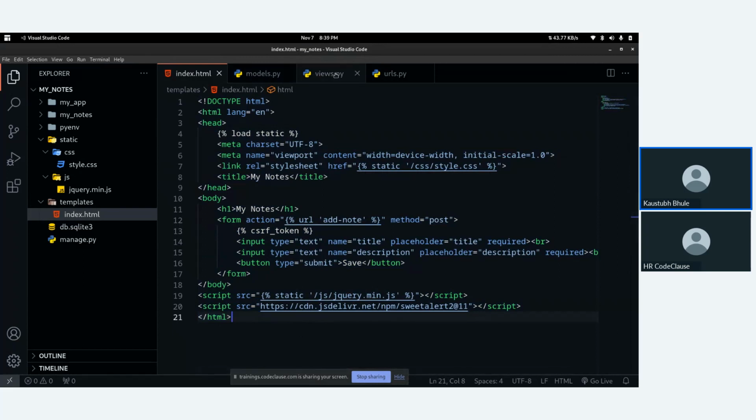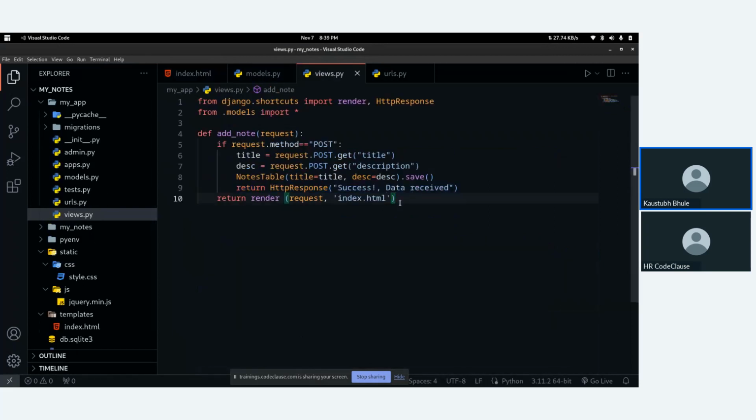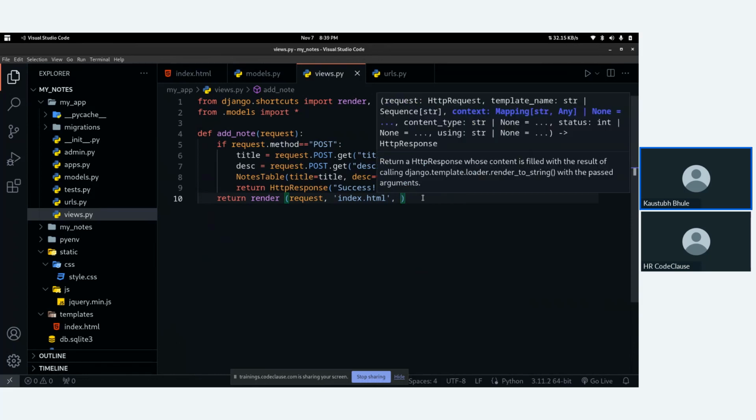So in the view section after this index.html, we have to pass data in a dictionary.